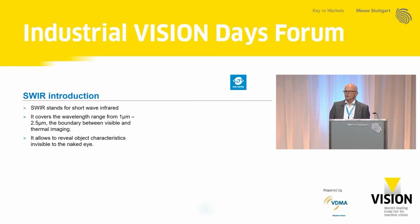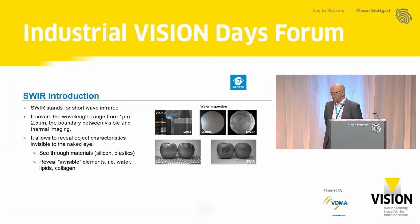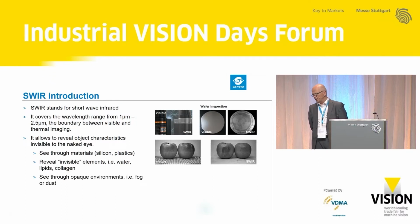So why do we want to use SWIR technology? It allows us to reveal object characteristics invisible to the naked eye. So we can see things which we cannot see with our naked eye. We can see through plastics or silicon, through any material. We can reveal invisible elements like water, lipids, collagen. We can see through opaque elements, fog, dust, and